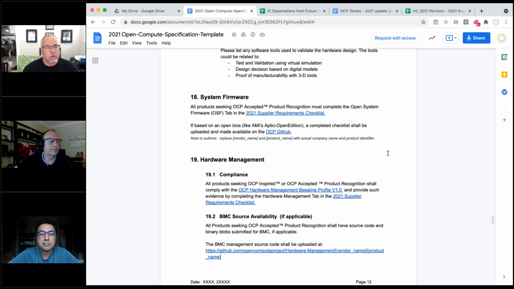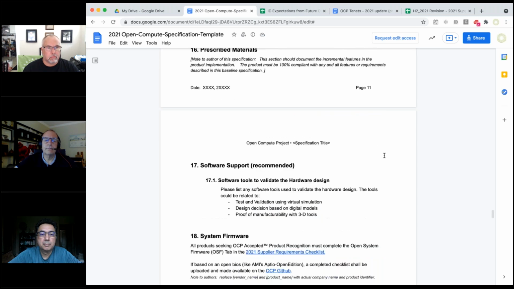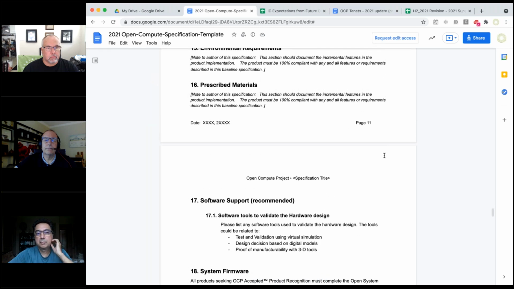And so which of these requirements are not part of the template already? So I agree, they can go off and do other things. Those aren't requirements. But the requirements